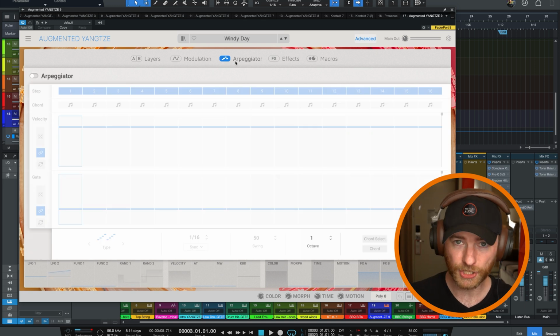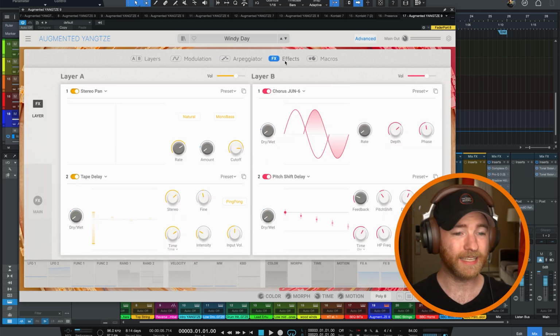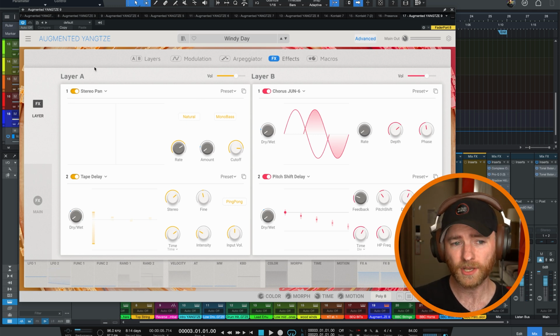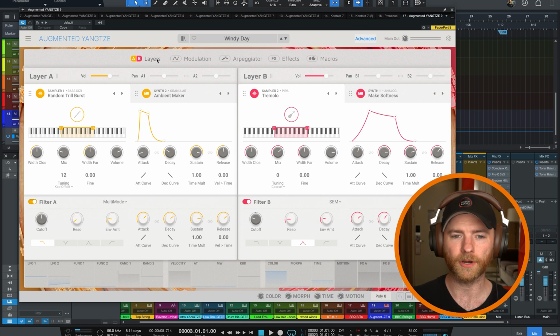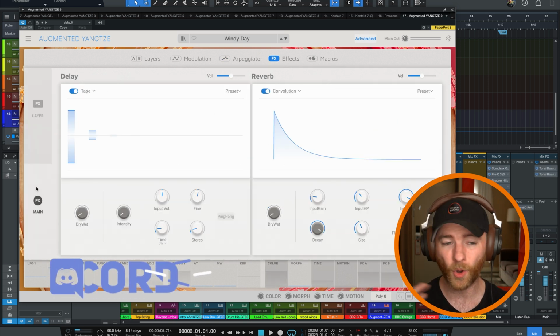Next to that is the arpeggiator. You want to do some arpeggios? Built right in. Here you go. Next to that is the effects section, and there's a ton of effects going on. You can do just on the layers, so layer A or layer B, that's what we saw earlier. And if we go back to effects, you can also do effects on the main as a whole,